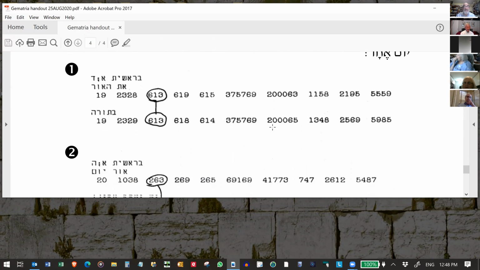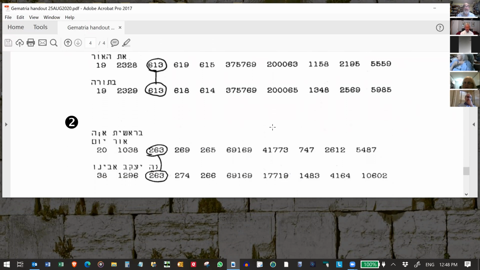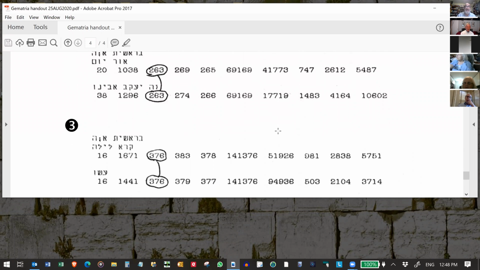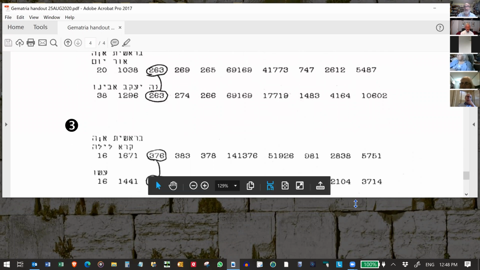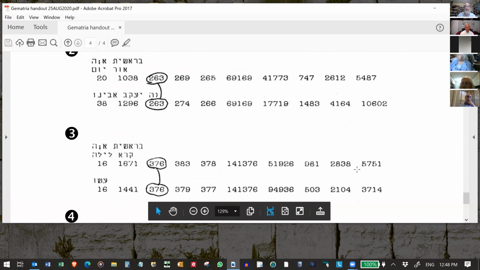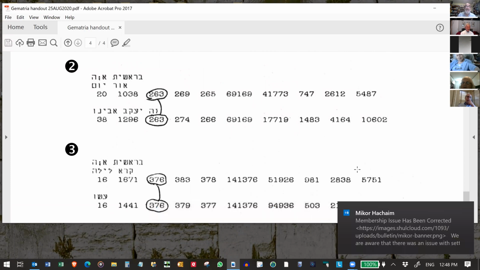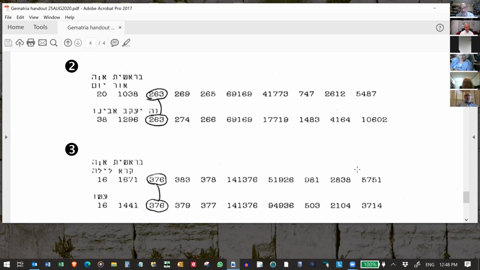So what do we see from the Gematria? Ha'or yom, in Gematria, is Yaakov Avinu. So he tells us the light of day is Yaakov Avinu. So who do you think choshech is? If you could talk, everyone would jump up. Sure enough, choshech is Esav. Laila is Esav. So what we're seeing here is that the Baal HaTurim is giving us a little bit of an explanation of what he's trying to draw out: that the light that God called day refers to Yaakov Avinu, and the darkness called night comes up to Esav.